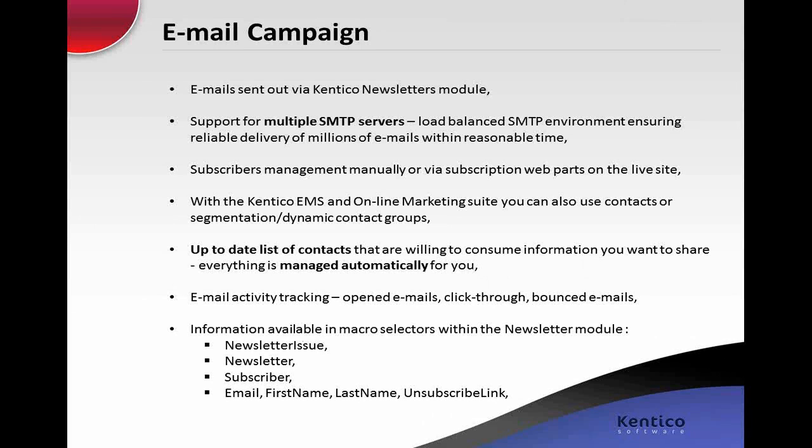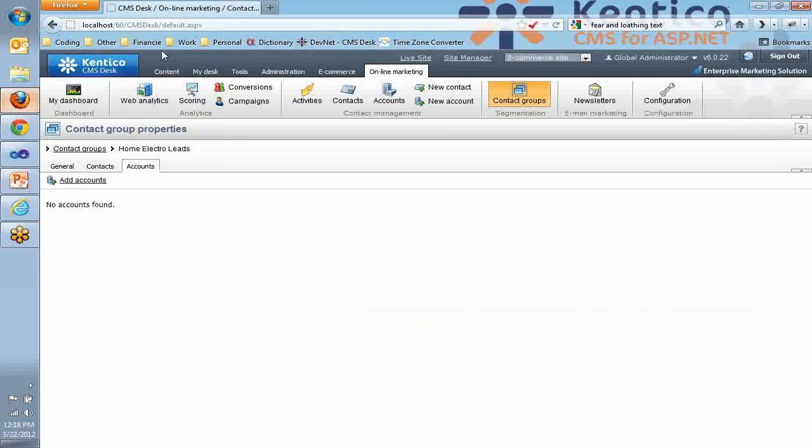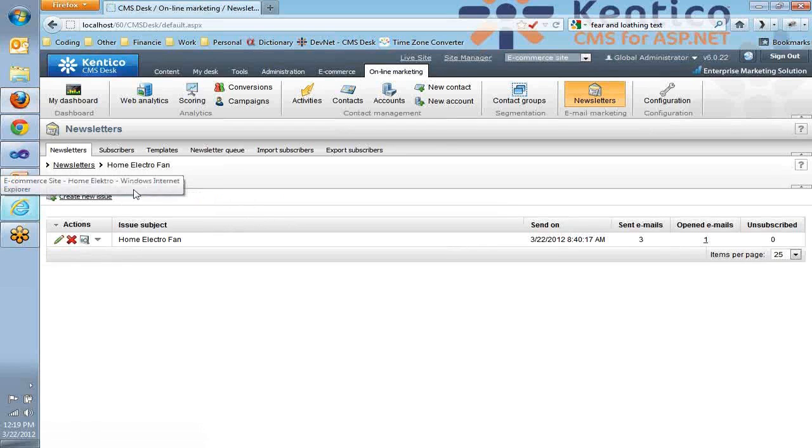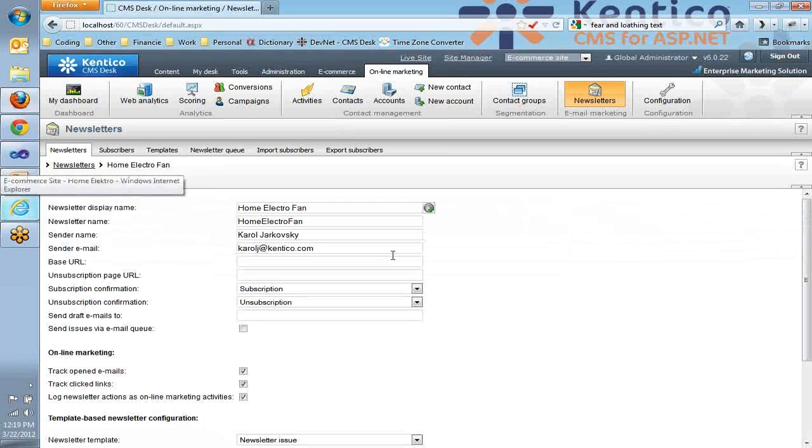So let's take a look in CMS Desk again to see how it's all set up. Again, the newsletters are managed from the online marketing section and the email marketing part of the menu. The same newsletter UI can be found also when going to tools and newsletters. So let's click on newsletters here really quick, and we can see the Home Electrofan newsletter listed right here. If we edit the newsletter and go to the configuration,